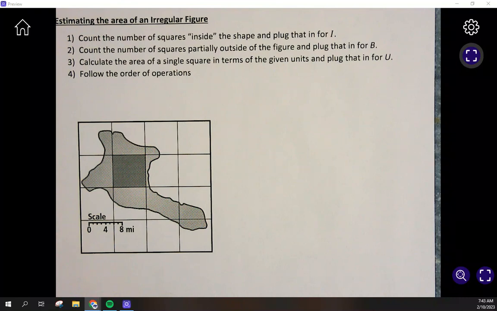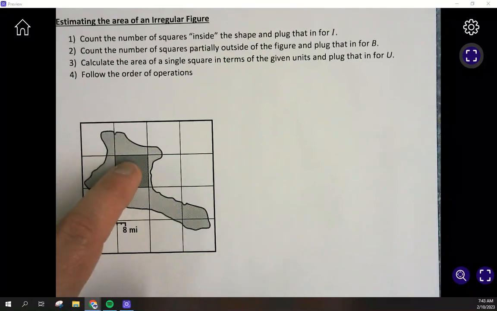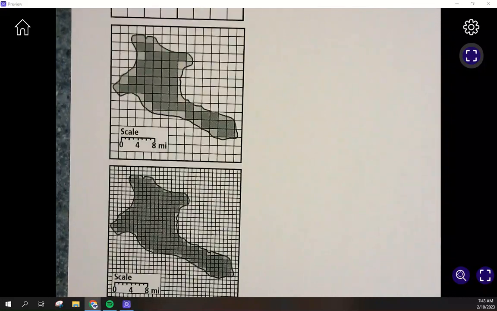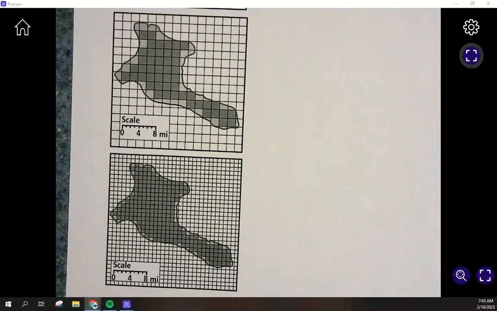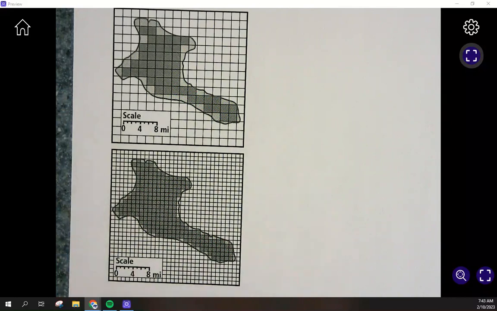And we want to estimate the area, and we're not able to break it up into perfect squares all over that island. So we're going to kind of estimate how much is in each square. You can see we've got one full square. If you flip it over and look at the other ones, we've got smaller and smaller squares. It's the same picture, but smaller and smaller squares. As we get towards our final one, there are more full squares, so we don't have to estimate as much